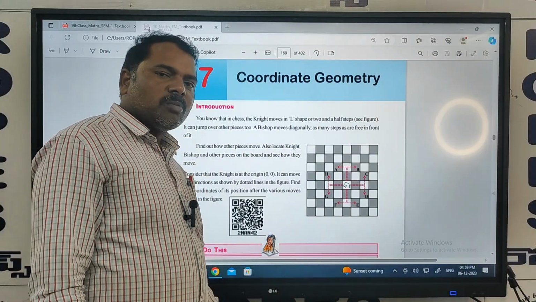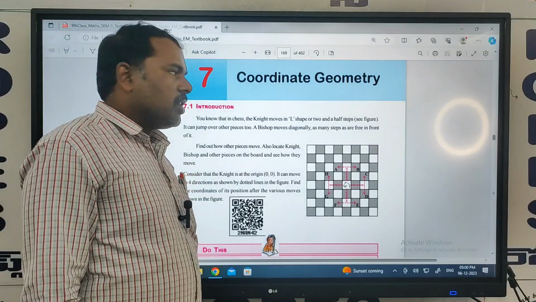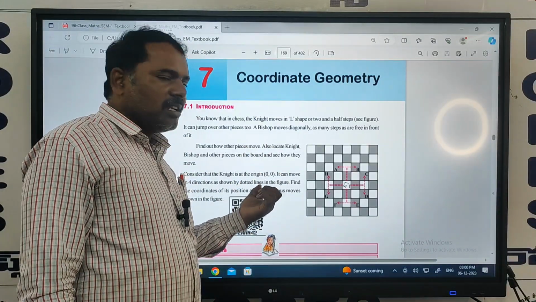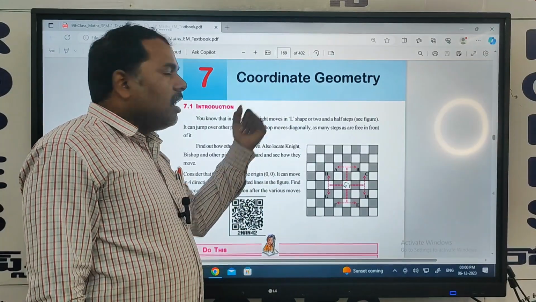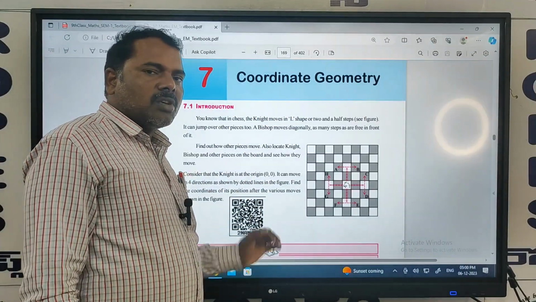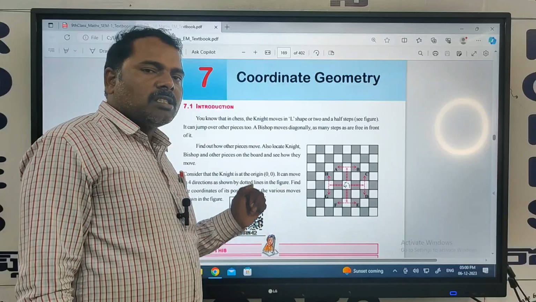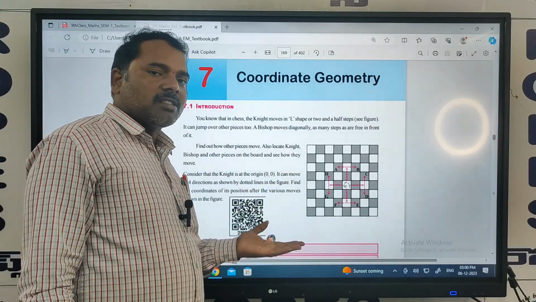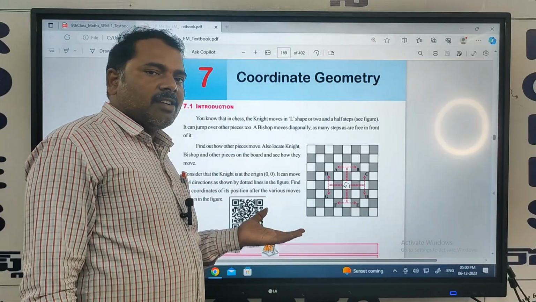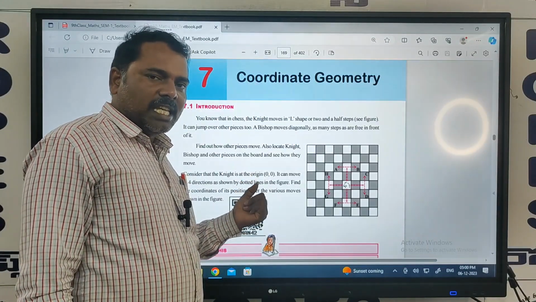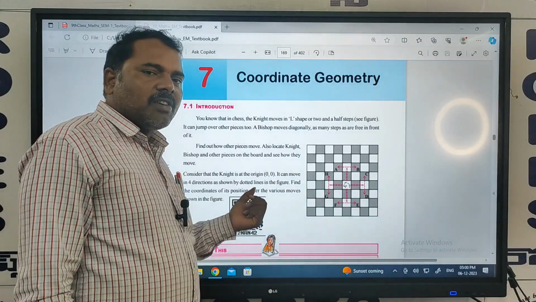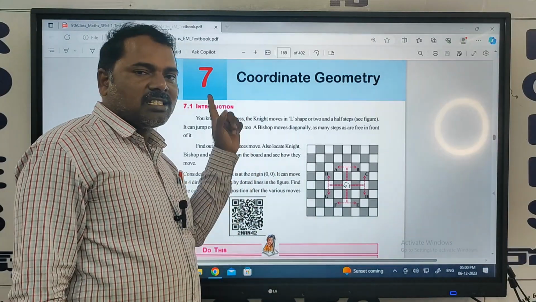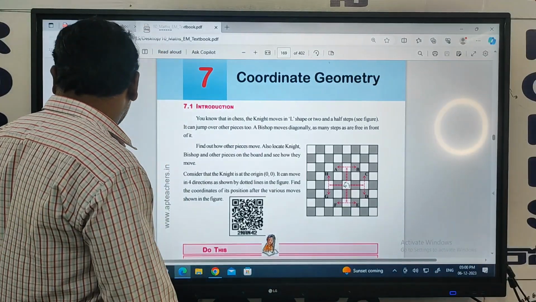Hi everyone, this is Shivkumar from Ropes Organization. So today in the 10th class FA3 syllabus, the main important chapter is coordinate geometry. In this coordinate geometry, by solving the problems, what are the formulas we are using to solve the problems, that's what we are seeing. First of all, what are the formulas we are using in the coordinate geometry, 10th class chapter number 7, that's what we will see first.